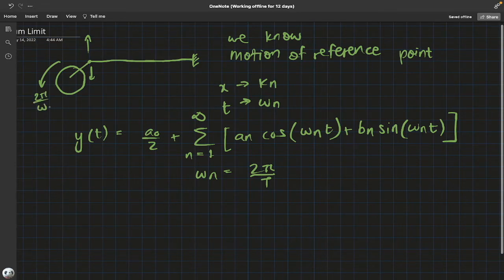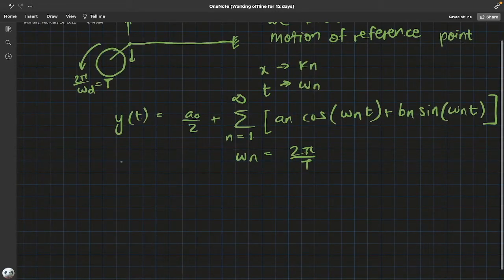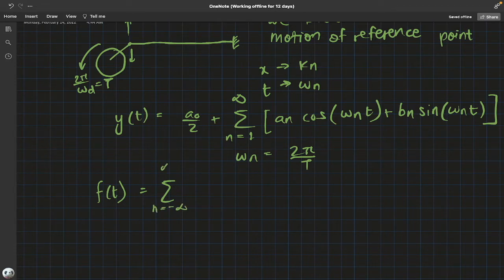So whatever this driven frequency omega is, the time period is 2 pi over the driven frequency. So instead of having the length, or the entire measure of x, we have the entire measure of time, the time period, capital T. So it's completely analogous in the sense we're not doing anything different or worth noting until now. And then of course we can write f of t as a sum from minus infinity to infinity, and use the exponential version of this.